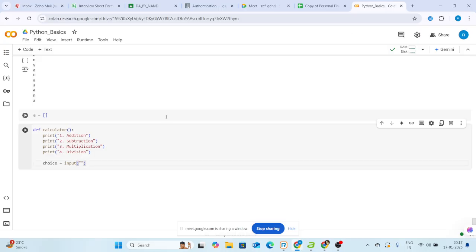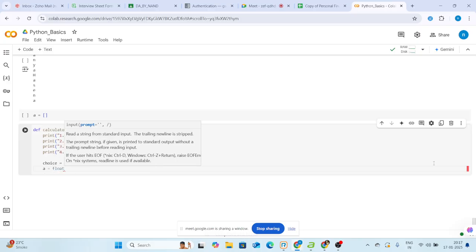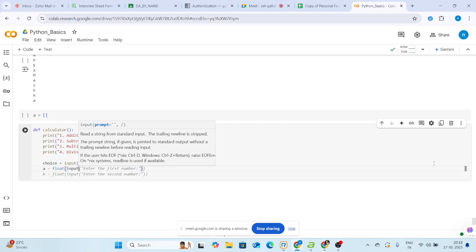Okay. Design the same logic in a slightly different format. Is it clear? Is it visual? So, making the choice here: enter the choice, maybe 1. This is the choice for the option. Then taking the number, so we can take a. Float or int, it may be float as well. And input,